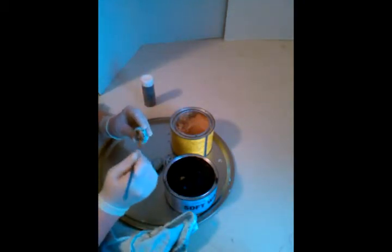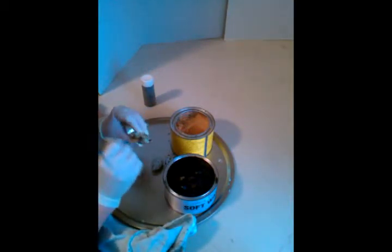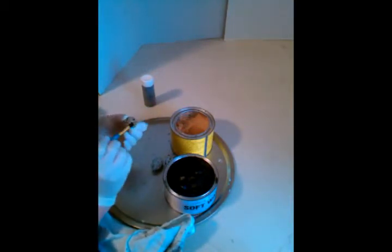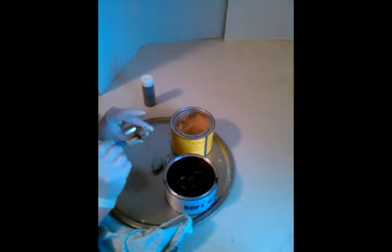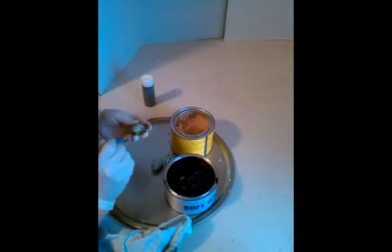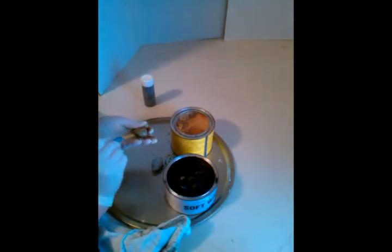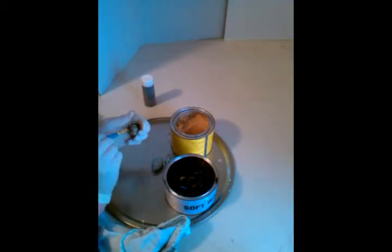And I'm going to go over the whole thing quite a bit. I mean, a little tiny bit goes a long way. They're not kidding when they say it's going to last you forever. So investing in a can of this for $25, it's totally worth it. Because it's just such yummy stuff. So now that I've covered the entire thing,